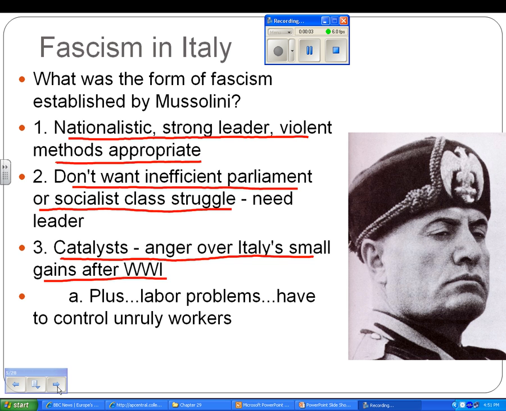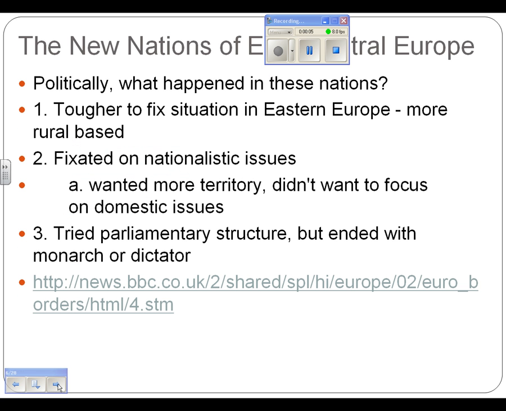All right, next up we're going to be looking at the new nations. What we're going to look at is Eastern Europe, the United States, and Japan. So what's going on with the new nations of Eastern Europe? Well, they're going to be a little more difficult to deal with even than some of the nations in Western